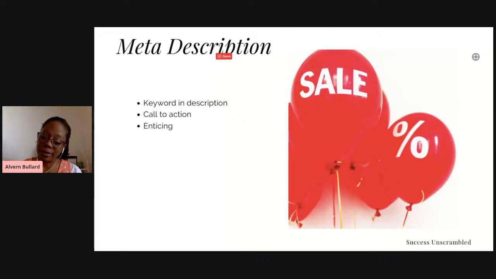So the more people click on your result in the search engines, the higher you'll be ranked by Google, because it says this is a relevant blog post. People are clicking through because they're interested and it answers their particular question. Of course, they need to stay there as well,